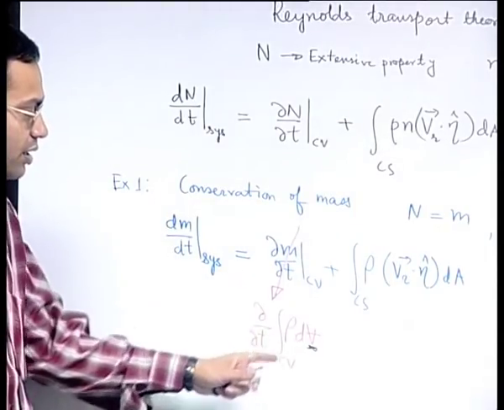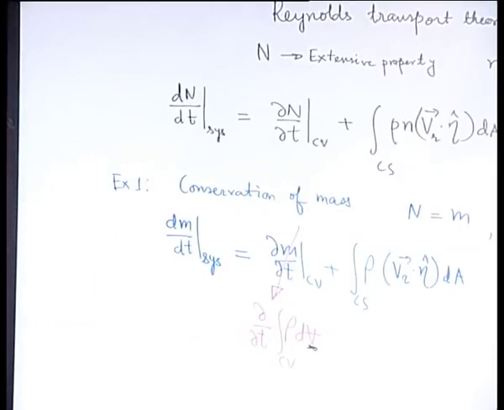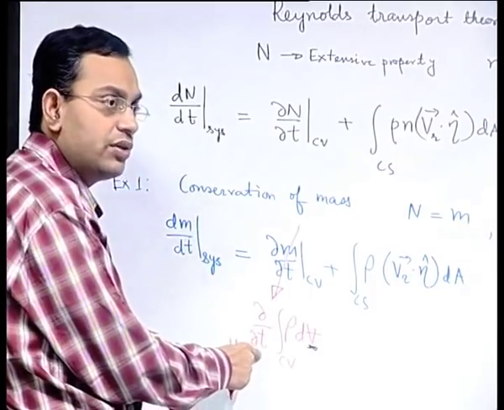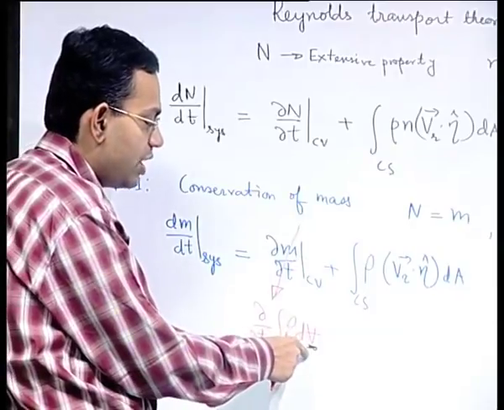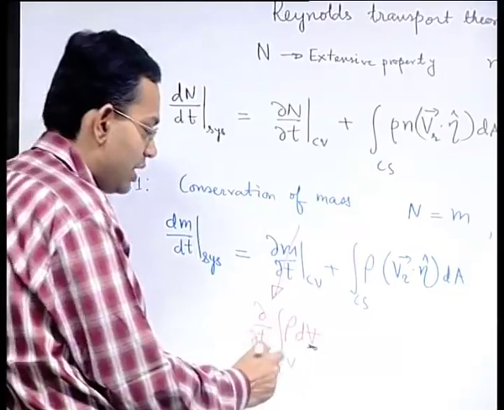So, how can we make an adjustment to this one? How can we simplify this one? If the variable with respect to which we differentiate is not a function of time, then we can easily take this inside the integral. So, we can write this